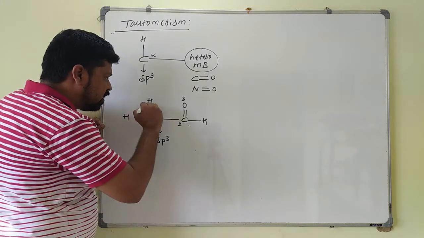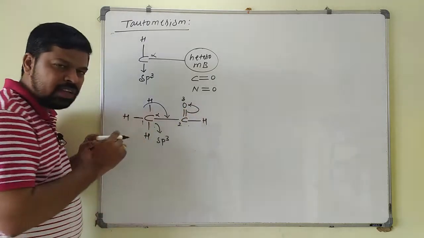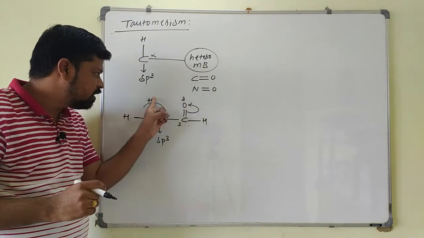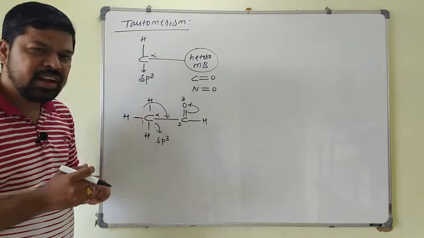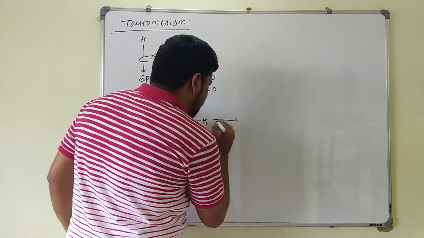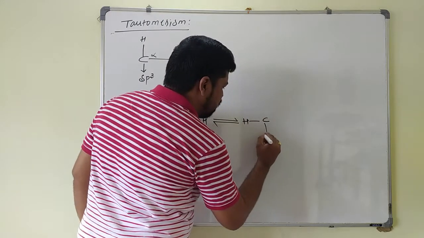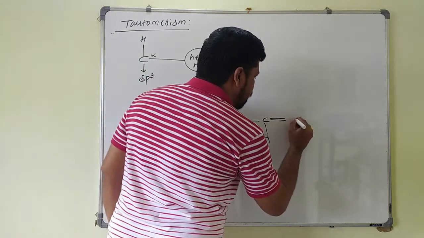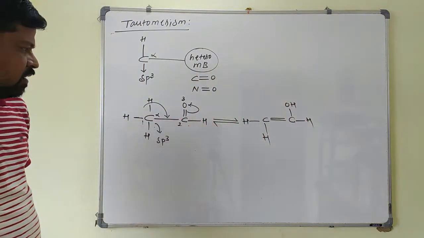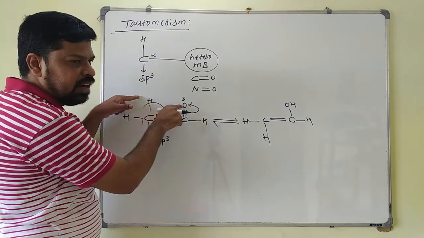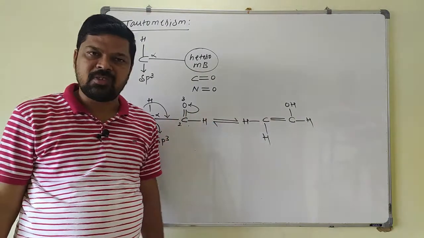What you can do is, this bond will be shifted to this bond, and then these electrons are given back to the oxygen. This becomes O minus, and this will come out as H plus here. H plus will be connected to the O minus, and here you will get a double bond, and this will be in equilibrium with the structure where this hydrogen remains as it is, and this hydrogen as it is, and this will be a double bond, and you will get OH here. See here, this hydrogen atom is shifted to the third atom, 1, 2, 3. So this becomes OH here. This type of phenomenon is called tautomerism.